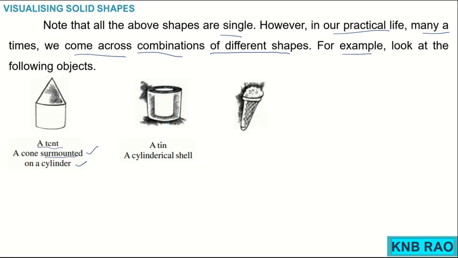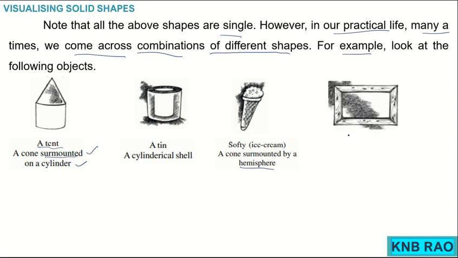Coming to the third shape, this one, very familiar one and your favorite one, right? It is an ice cream cone. See children, this is a combination of a cone with a hemisphere, right? That softy, that ice cream portion on top of that cone is a hemisphere type, right? Then fourth figure is a combination again, which is a photo frame. It is a combination of some rectangles. It looks like a rectangular path, right?